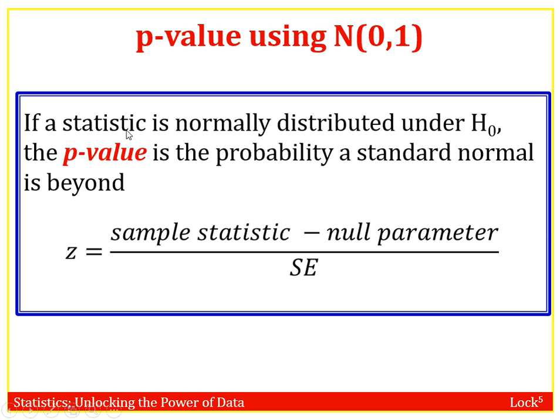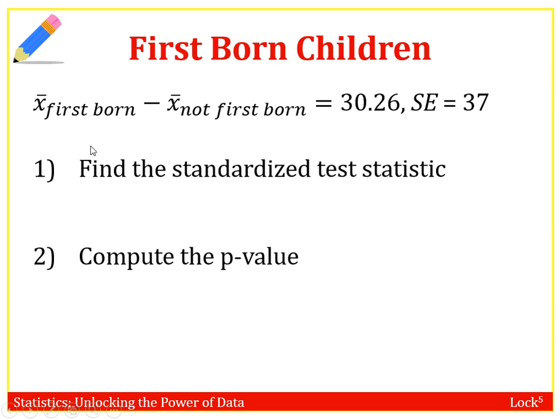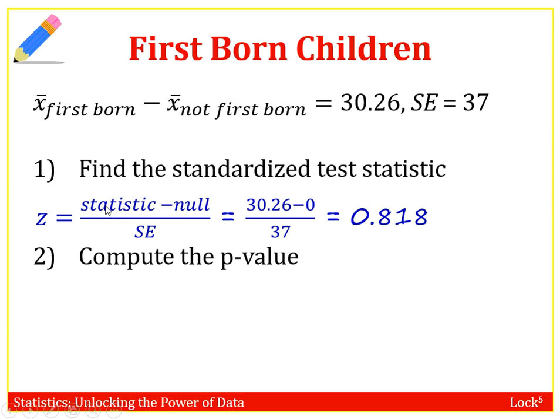So if this statistic is normally distributed, then we can go ahead and look at our p-values. Our p-value is the area underneath your normal curve that is beyond that test statistic. So when we go back to our firstborn, if they're smarter than the non-firstborns, remember we had a difference in our means being 30.26 and we had a standard error being 37. Well, our test statistic would be our